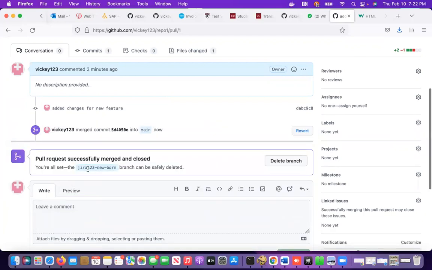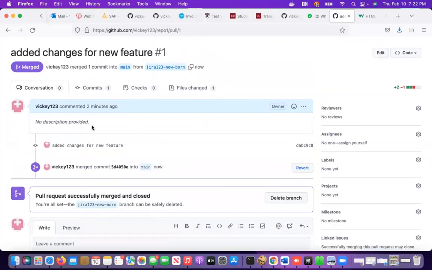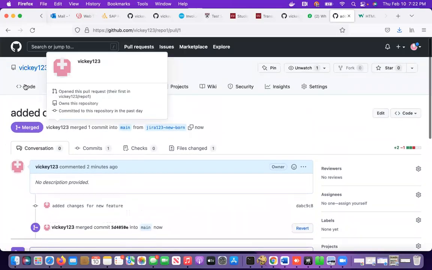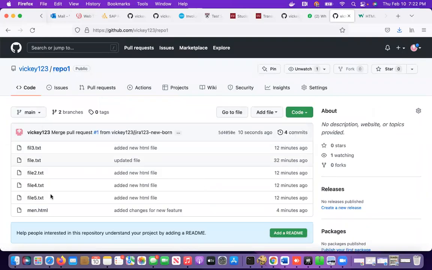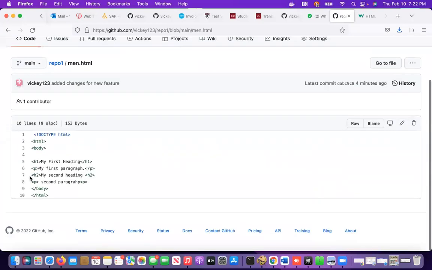You see that this branch has been merged. Now I should see the changes that I added in my release branch, right? Look at this. This is the main branch, and these are the changes that I added. In our case, these are the newborn application changes. So now,